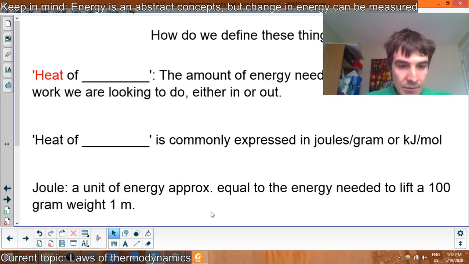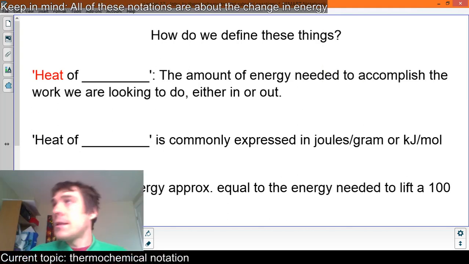So I'm going to pause for a second. We'll talk about thermochemical notation, which is how we define these things. How do we see it in a reaction? Well, we say heat: a change in energy, the energy going into or out of a system. Heat of whatever is the energy needed to accomplish the work, in or out. So usually this is joules per gram, or sometimes kilojoules per mole when we're talking about chemistry, because we like